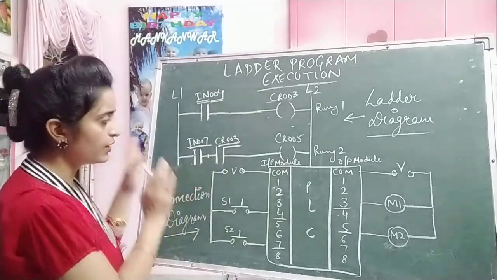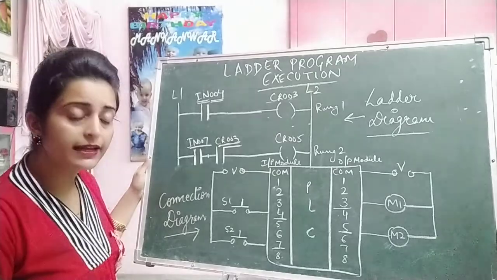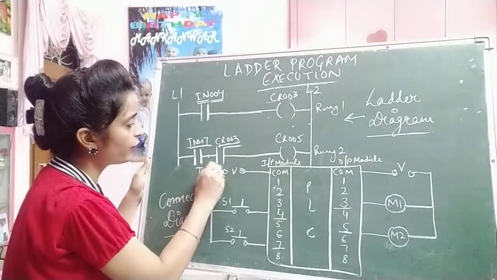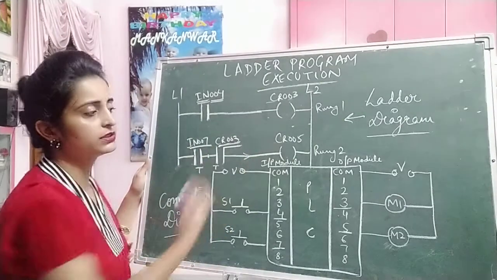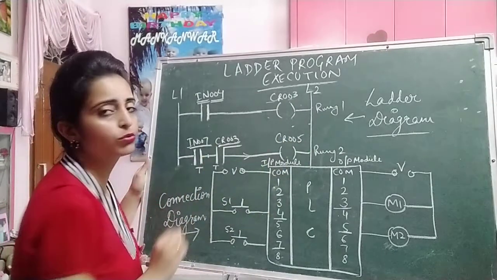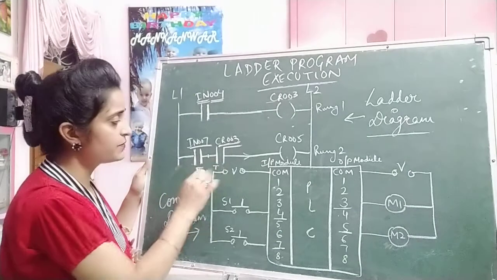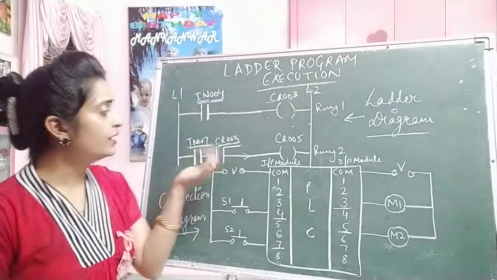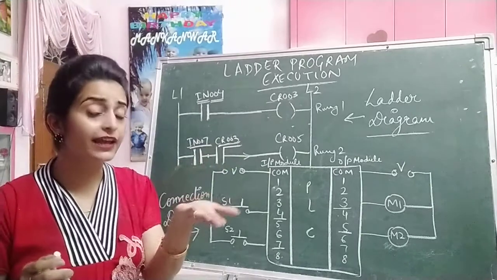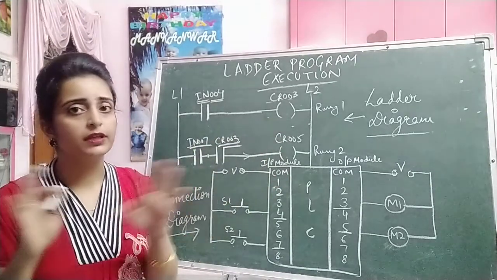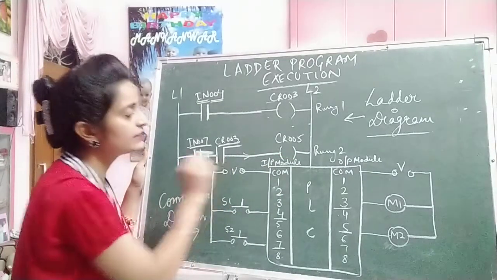Okay, so here what we have done is we have used it in an AND logic. Why am I saying that it is an AND logic? Because only if both of these are true will the output go to this output side. Only then will the true output go to this side and energize this. If any one of these two is false, meaning it is not energized and does not have a high input, then there will be no signal, right? Because here they are connected in a single line.